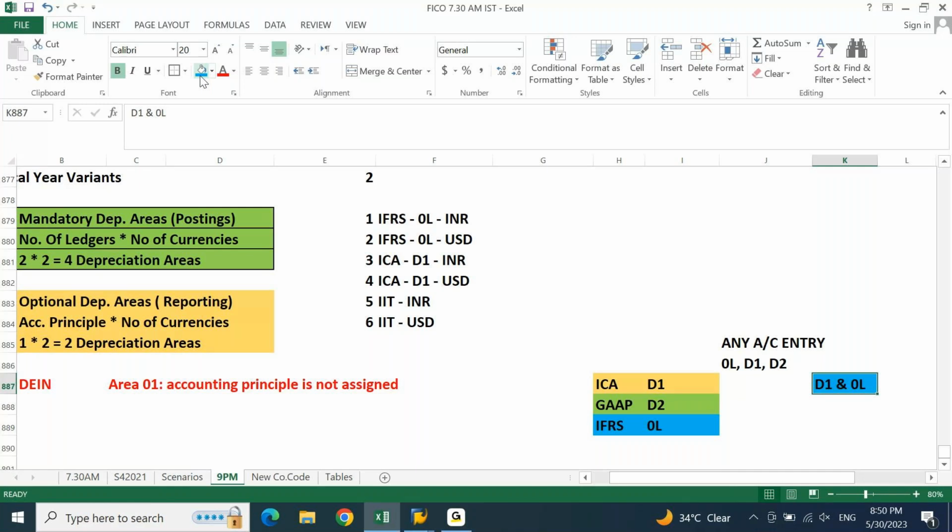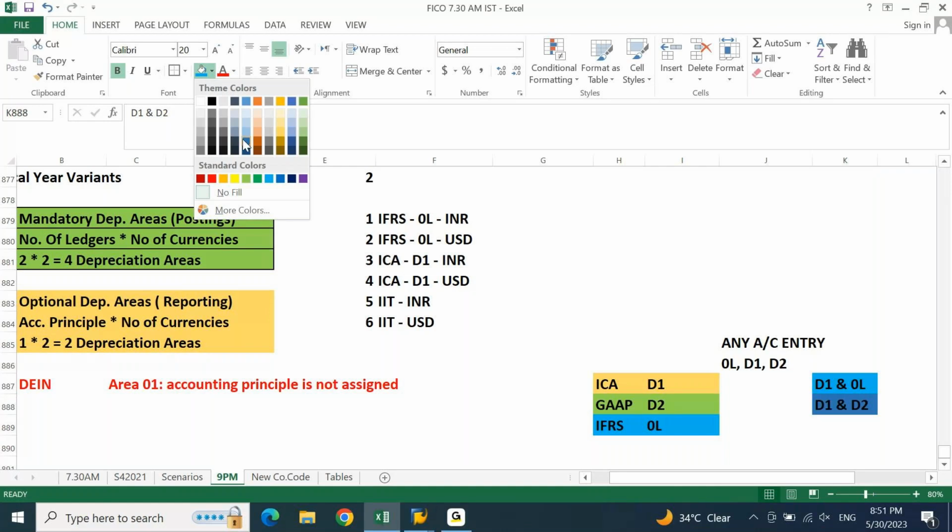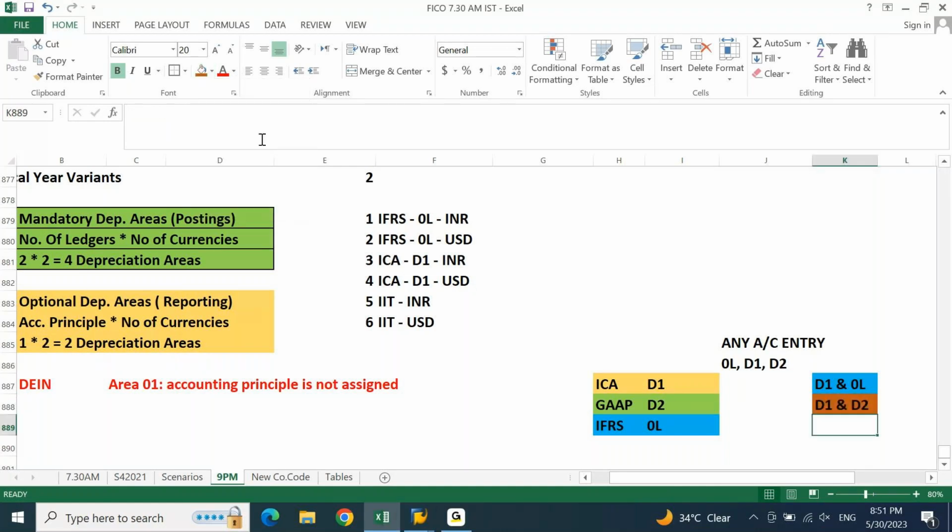Possible, sir. Let's say I want another entry to reflect only in my non-leading ledgers, D1 and D2. Possible? Yes, sir. Now I may get another requirement to pass only in 0L and D2. This is also possible, which means you may have a requirement in any way to pass the entries.